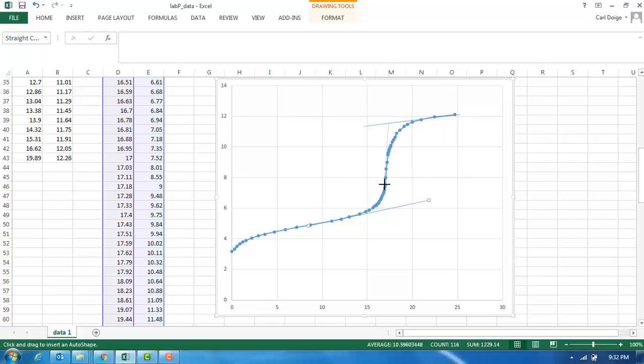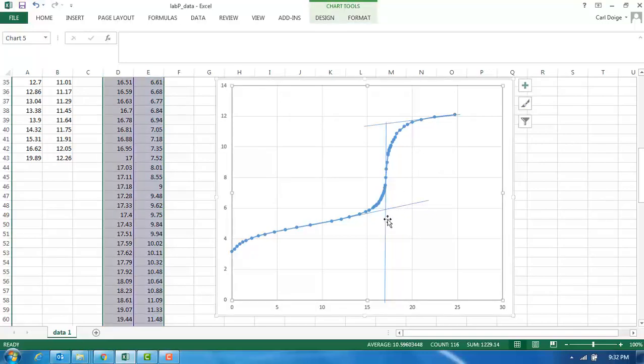So I'm coming down here. I may have to adjust the line a little bit, and I'm actually going to bring the line all the way down so that it intersects with the x-axis. Okay, and now I need to move this line a little bit so that it definitely runs through the drastic change in pH. And the idea here is we want to find halfway through this drastic change in pH and between the 2 slope lines,